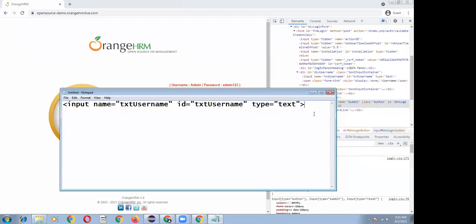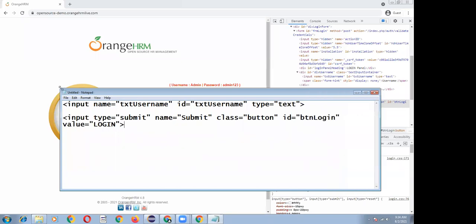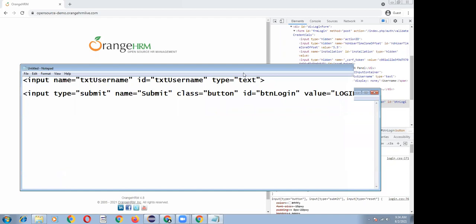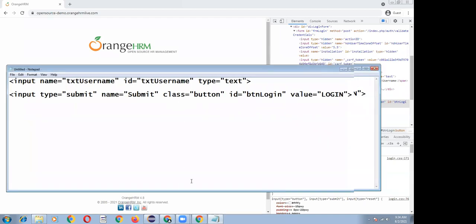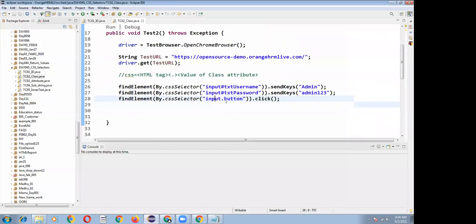If the developer is mentioning a class for a particular web element, class is equal to something he has given, in such a case you can identify it with input dot class name. If it is ID, you have to write a hash and whatever the ID is. If it is class name, you have to write input dot button. So like that.